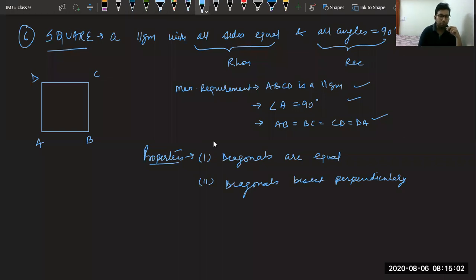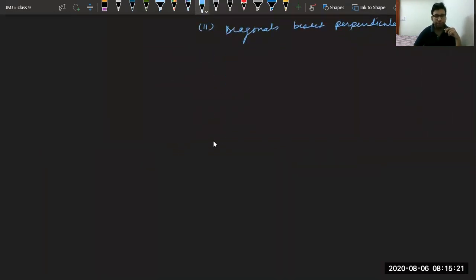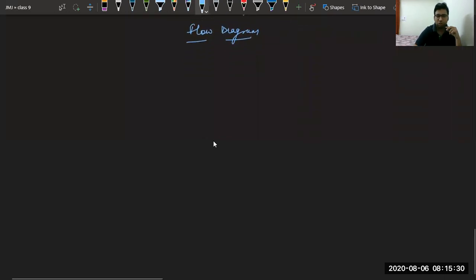Now I will give you the proper flow diagram that will make you understand and remember these things easily. Do you want the flow diagram for this? I hope all the properties are covered till now. Now see the flow diagram. In your computer subject, you have algorithm. Similarly, in algorithm also you have a flow diagram, flow chart. Similarly, we'll try here. First thing is quadrilateral, the biggest name. Great great grandfather, right?